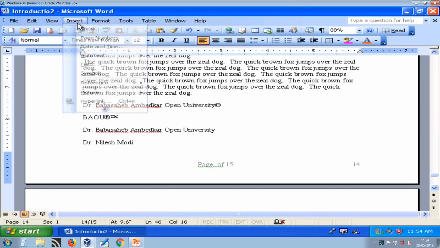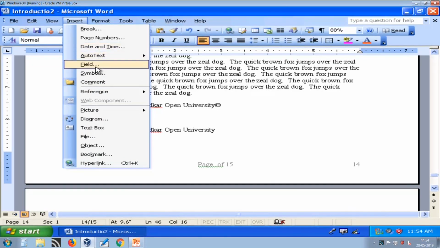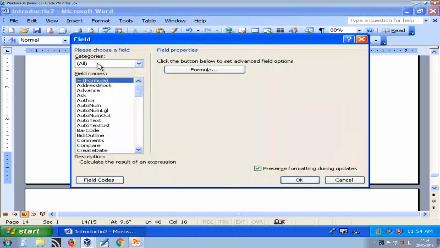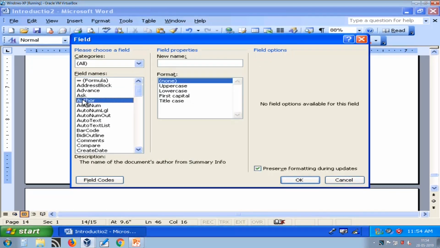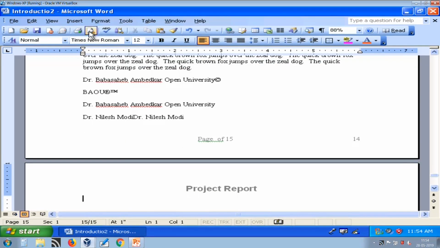Here it inserts it, and whenever I select author, it is replaced with that word. So this is how you can use a field.